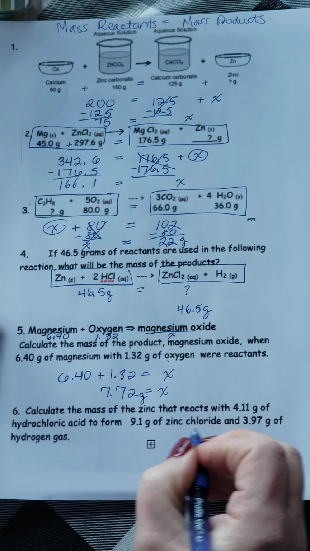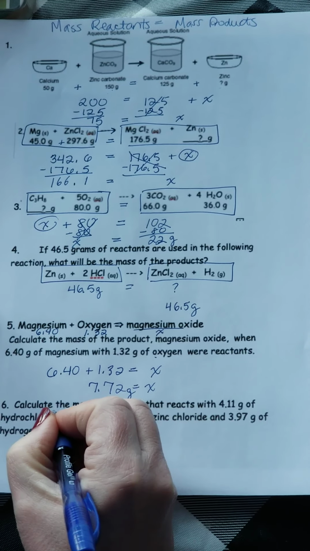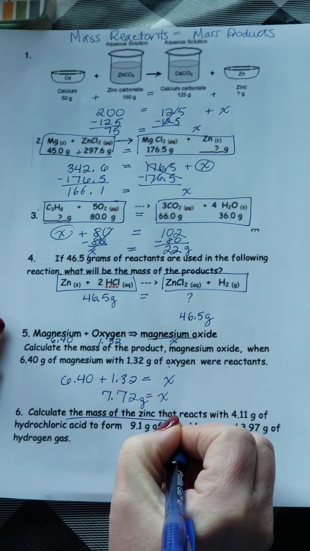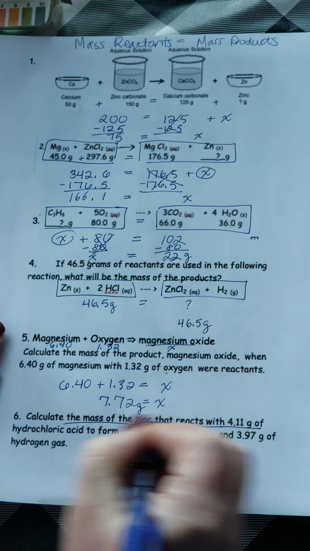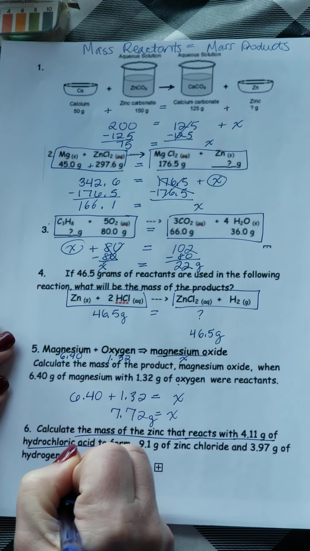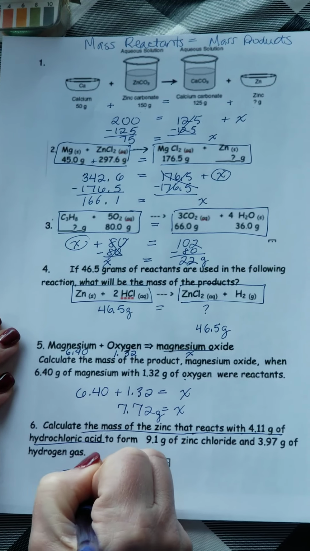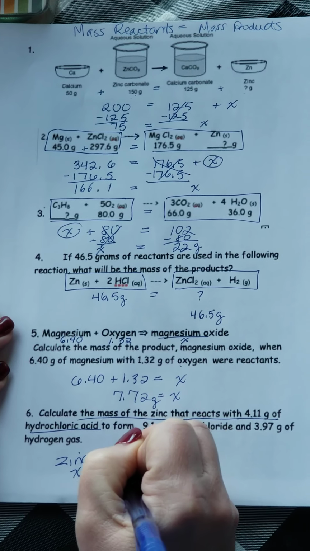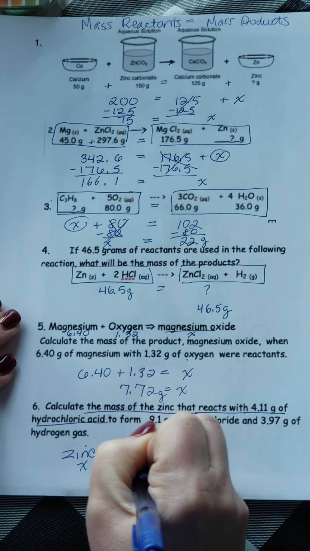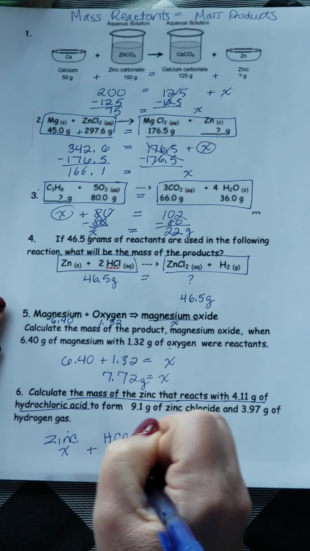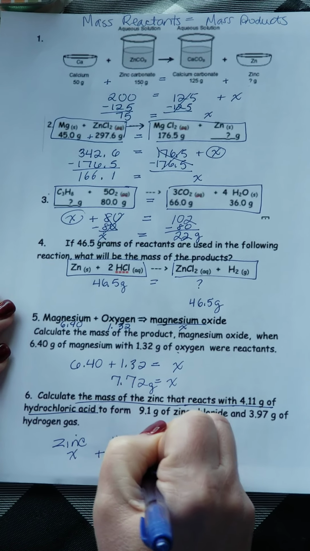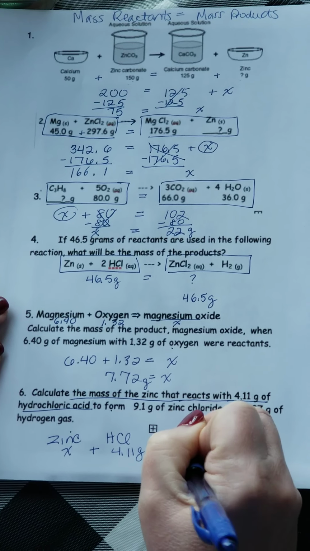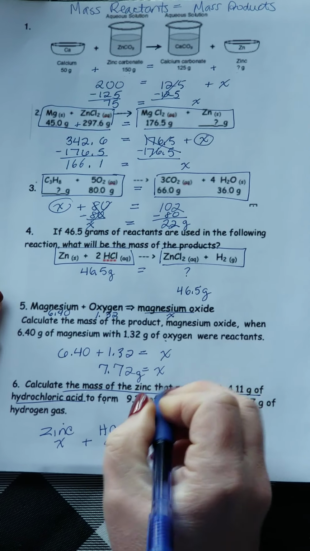We have one last one. The mass of zinc is what we're looking for, so that's going to be our x. That reacts with hydrochloric acid. The zinc we don't know, so I'm going to call that x. And it's reacting with, that's adding, hydrochloric acid. If you don't know the symbol, that's fine. And that's 4.11 grams. And it forms, or equals, 9.1 grams of zinc